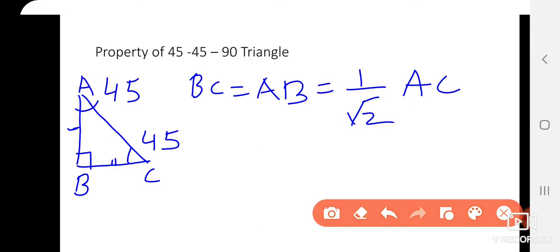So here we have learnt about what a Pythagorean triplet is. Three numbers will be given to you and you will be asked to find whether it is a Pythagorean triplet. The hypotenuse is always the longest side. So from the three numbers, you have to pick the biggest number, find its square, and find the sum of the squares of the remaining two, and see whether they are equal. Then you can decide whether it is a Pythagorean triplet or not. Then you have the property of the 30 60 90 triangle and the property of the 45 45 90 triangle.